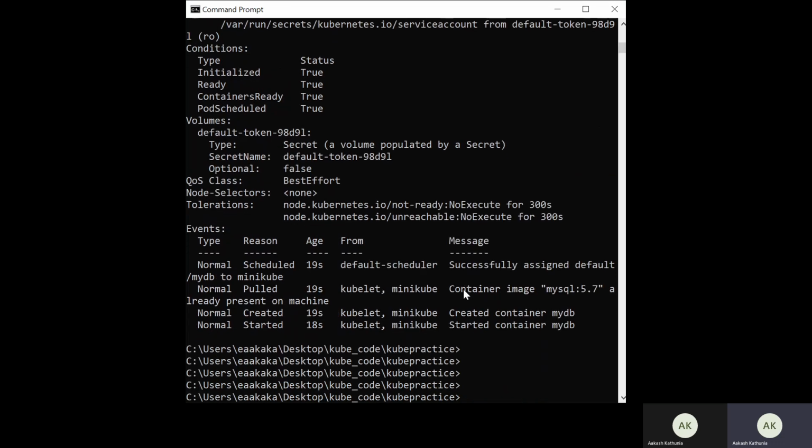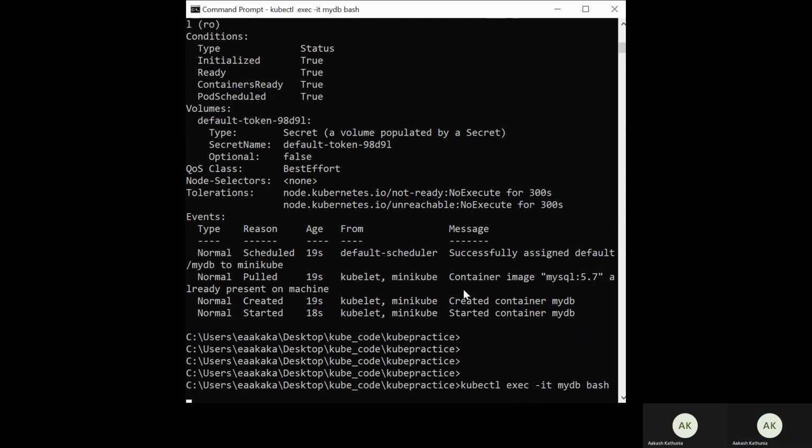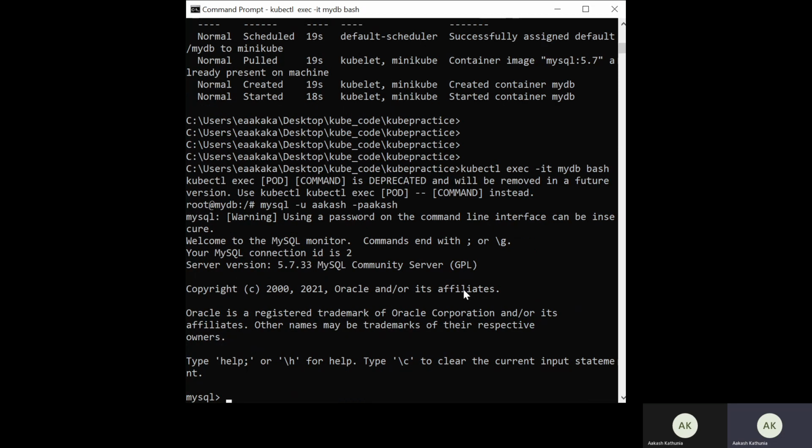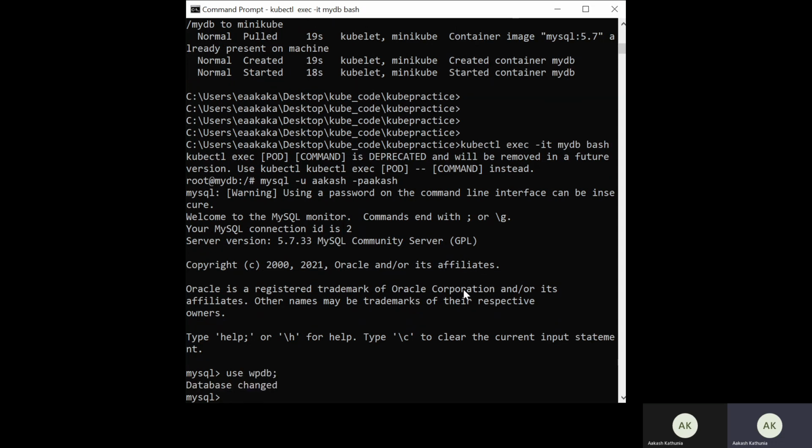Now, in case this is the value, and if I want to go inside the DB, in the previous session we understood how we can go inside this DB. So I'll use kubectl exec -it, then mydb and bash. Once I do the same, I will be inside this DB, and I can use the username as mysql akash np akash. Then I will use this SQL, and you can see that I entered into this, and the DB name I use is WordPress DB. So here the DB name changed, and you can use show tables.